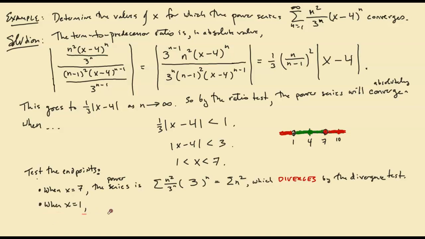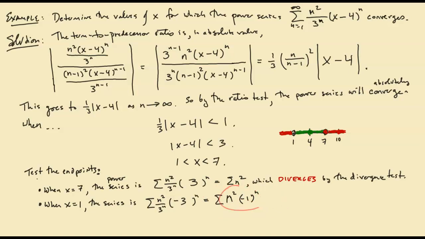What about when x equals 1 at this other endpoint? Well, then the series takes this form, where instead of x, we have a 1. And so we end up with 1 minus 4, which is minus 3. But to get the cancellation here, I'll note that the minus 3 to the n can be written as minus 1 to the n times 3 to the n, which means that these 3 to the n's cancel, leaving us with this series,